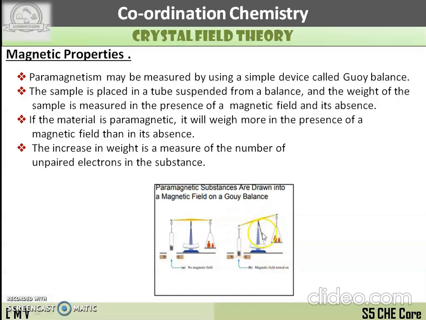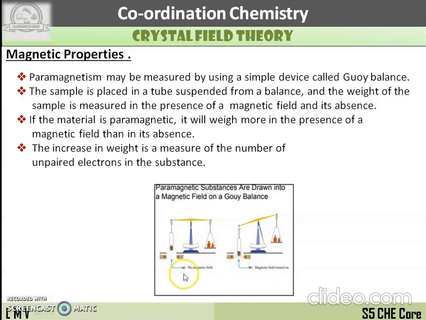It is a measure of the number of unpaired electrons in this paramagnetic complex, because n is directly proportional to mu, and mu will be directly proportional to chi m, the molar susceptibility, which is directly proportional to this weight. For the time being, you just need to know that we can measure the magnetic moment of a paramagnetic substance using a Gauss balance. It is simply a balance which is used to measure the number of unpaired electrons present in a paramagnetic complex,